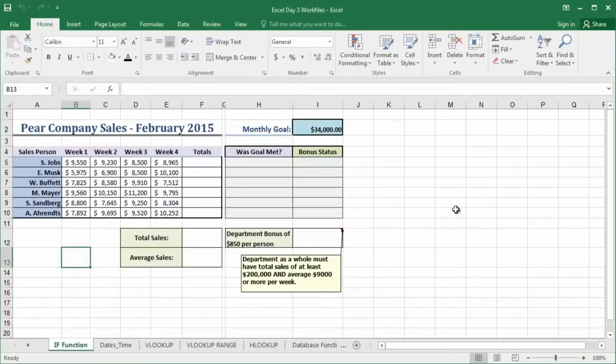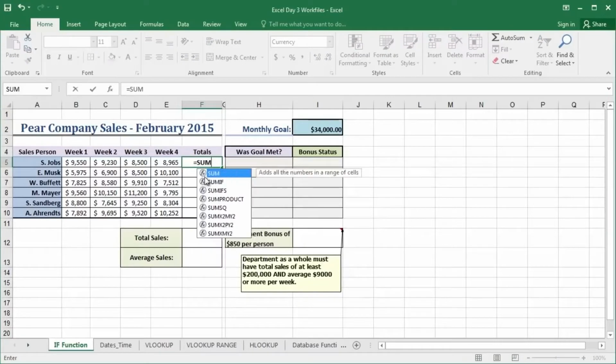Now, as we're looking at this data set here, it's interesting to see how this has already been set up. Now, there's a couple of things that we need to take care of before we go any further. We're looking at a couple of sales figures here from February of 2015, and we need to calculate the totals for each individual salesperson. Now, I know full well that we're all capable at this stage of typing in an equal sign, summing up,